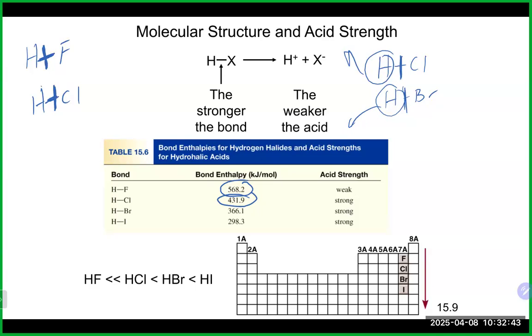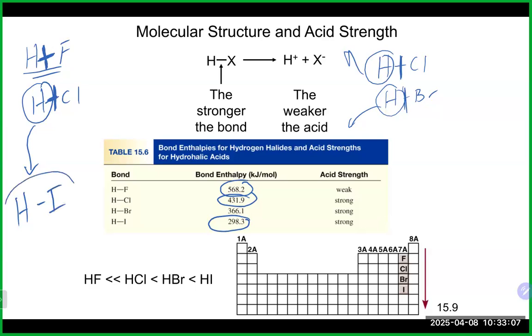That means the HCl bond will actually break easier, with less energy, and come off a lot easier than HF's hydrogen. And because of that, the HF will hang on to its hydrogen a little bit stronger, and it will be a weaker acid because it's not releasing the hydrogen into the solution to make it an acid, basically, in that case. And that is why, if you look at HI